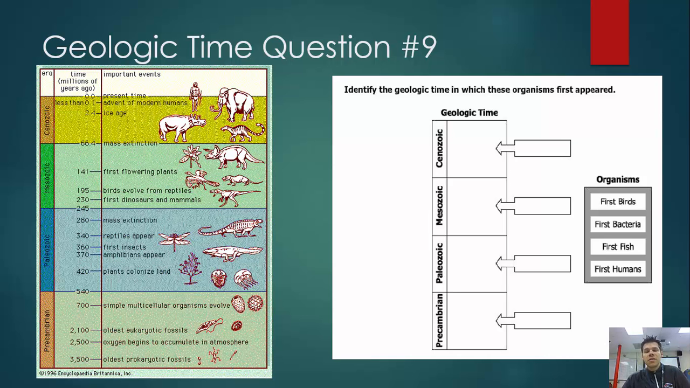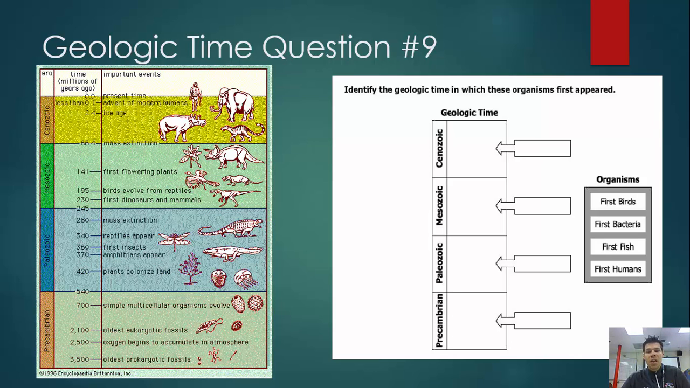Okay, it's a very challenging question. So it's asking you to identify the geologic time in which these organisms first appeared. A couple ways you could approach this. I hope that the first way you would approach this would be to look at this geologic time chart and realize it's in order. The Precambrian period is the time of the first appearance of single-celled life, the most simple